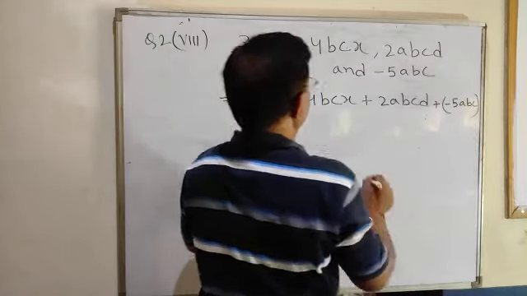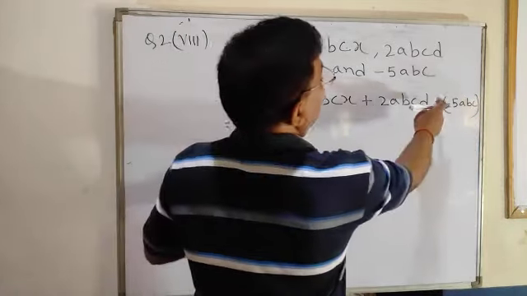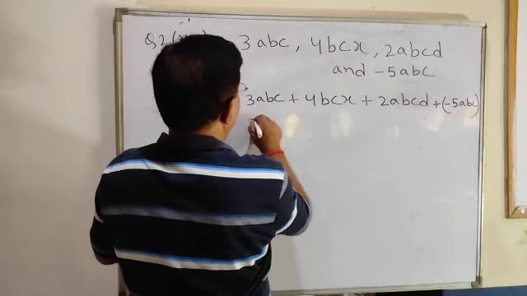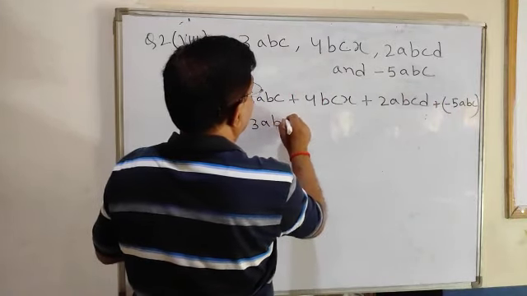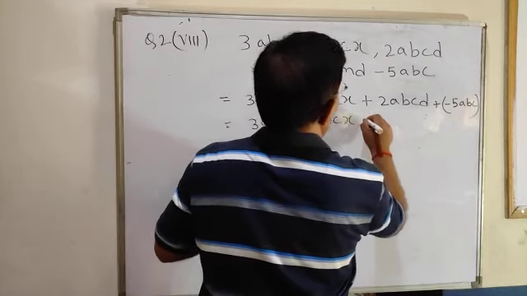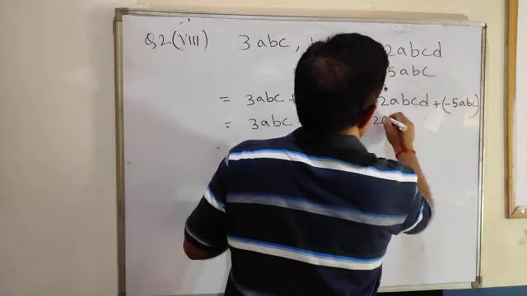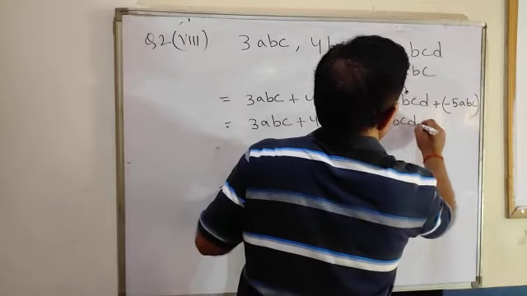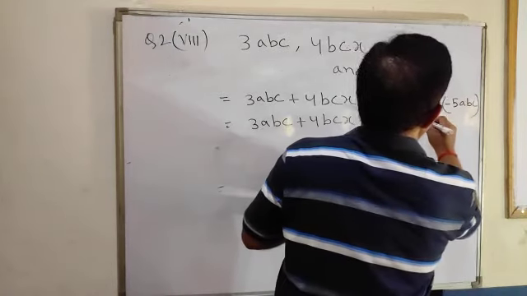This is the question. Let me once again write it. 3ABC plus 4BCX plus 2ABCD, and it will become minus